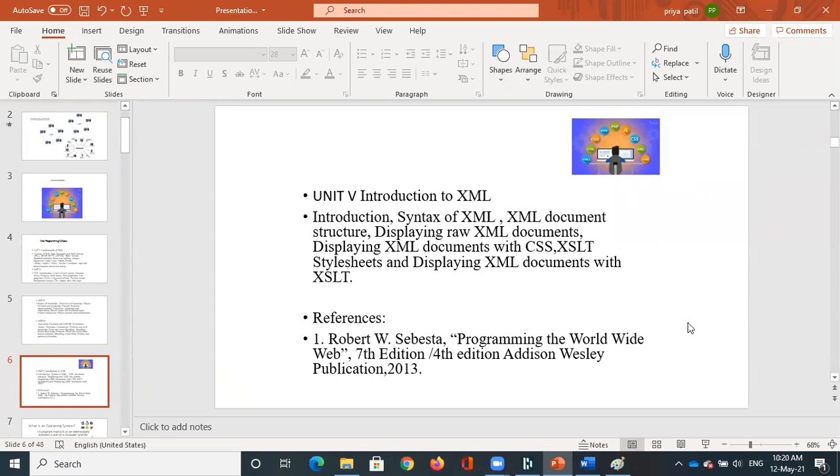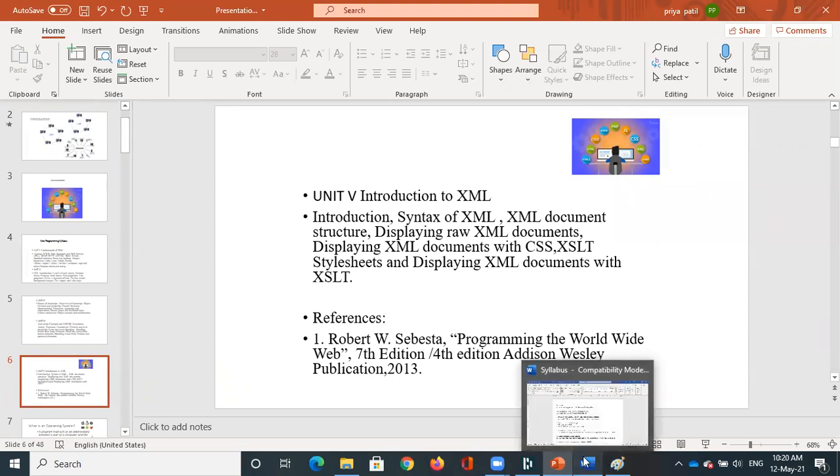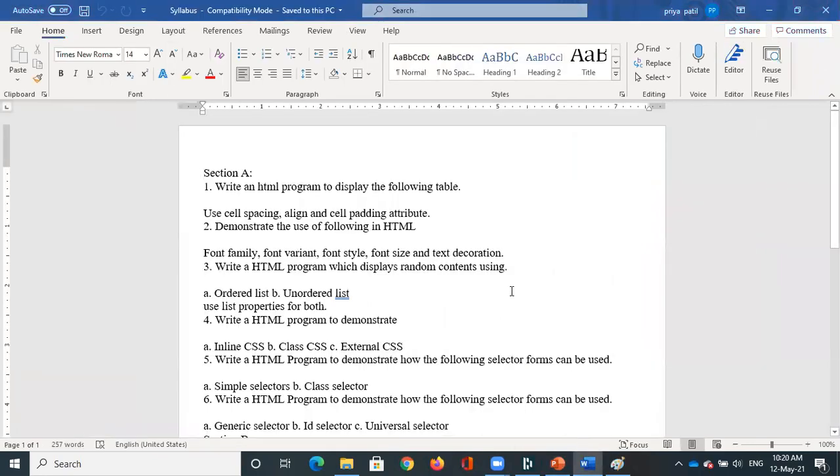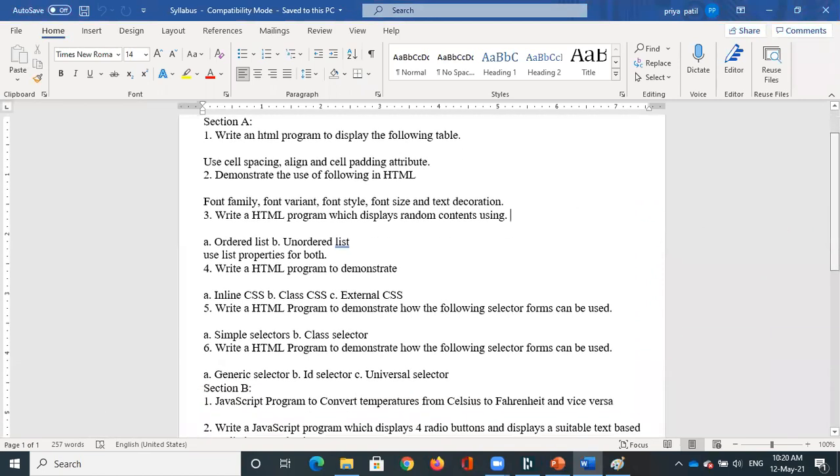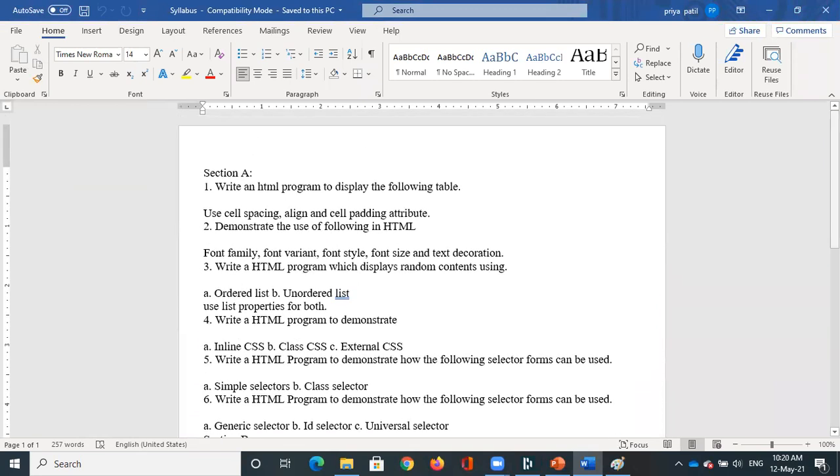With this, we have the lab programs as well. I will just open that. The lab is distributed into two sections, section A and section B. In section A we have 6 programs, and section B will also have 6 programs. As and when I cover the theoretical part, I will simultaneously cover the lab programs as well.